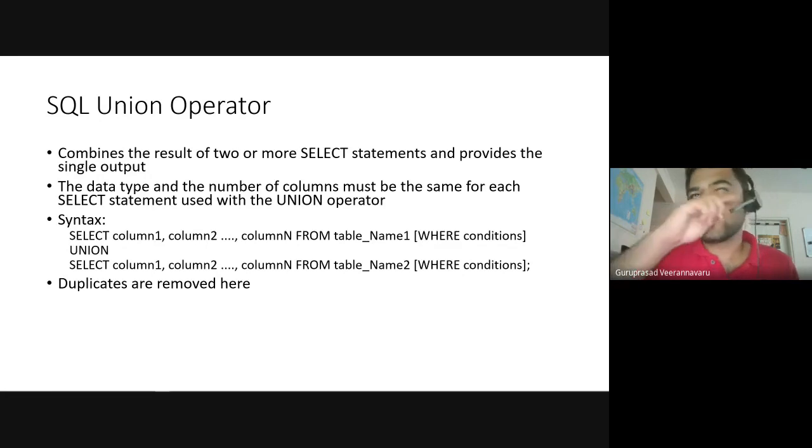So what does union operator do? It combines the result of more than one select statements, right? Like for example, if I have one select statement and it looks at few different columns, and I have another select statement, it looks at few different columns. So when we combine both of them, whatever output you get, that is the output of union. And what it does is it removes all the duplicates. Like for example,